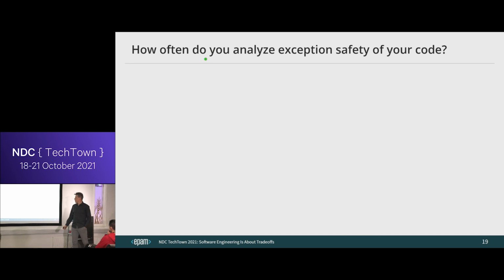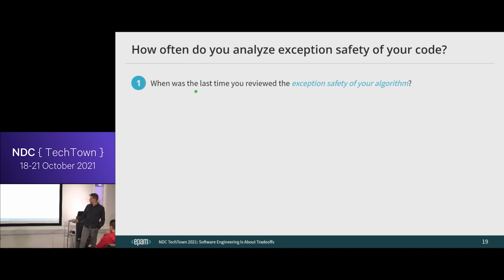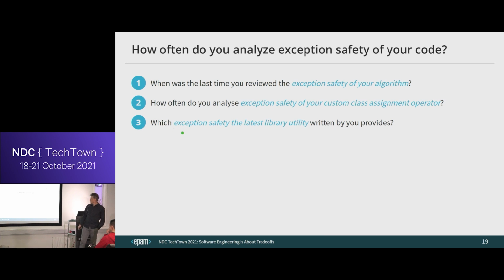The question is, even though probably most of you realize that we have 4 exception safety guarantees, because when I asked it during interviews, people know about it. When I asked during workshops, people know about them. But what was the last time when you actually thought about exception safety writing your own code? What was the last time you reviewed the exception safety of your algorithm? How often do you analyze exception safety of your custom class assignment operator, which is really easy to break, in case of exactly exception safety? Which exception safety does the latest library utility you wrote provide? Did you ever ask those questions to yourself writing some code? Right? Even though we know about them,